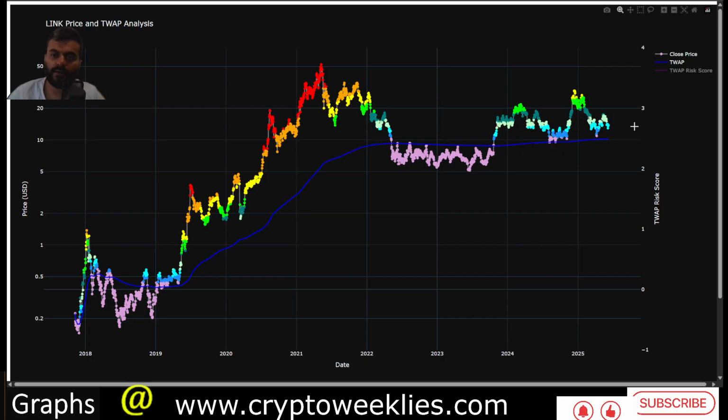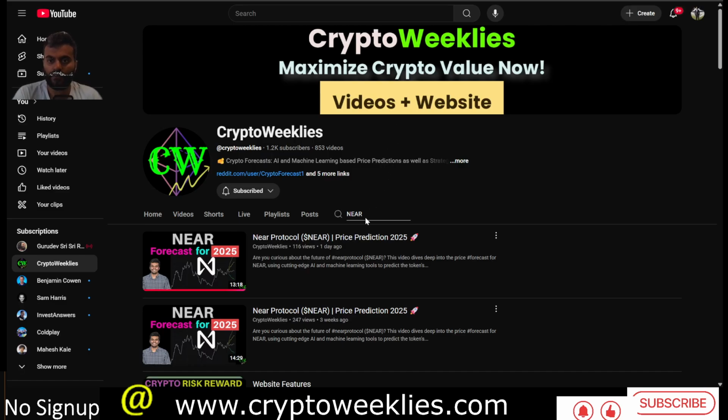Looking at the time weighted average price model though, we did come close to that blue line, which signals an entry of the accumulation phase, where especially for LINK this time around, that presented a clear cut accumulation zone when the price action was below the blue line. Again, this is not some retroactively fitted model, this is a live model. This model did indicate an entry point in the accumulation phase at around early April of 2025. That's where we made a lot of videos related to LINK.